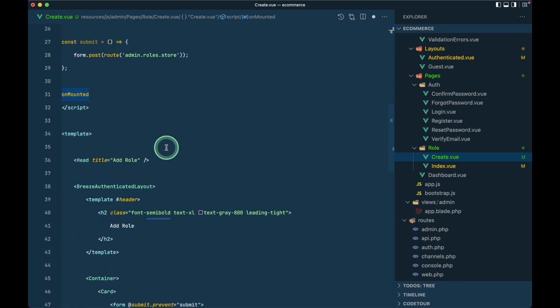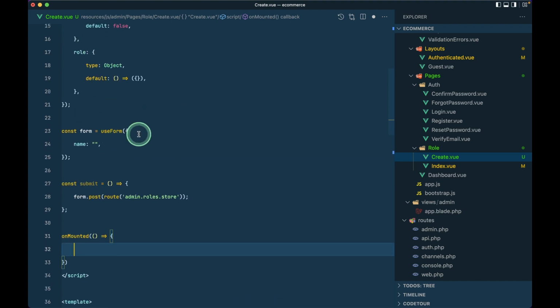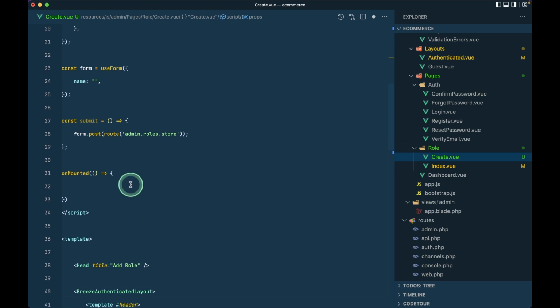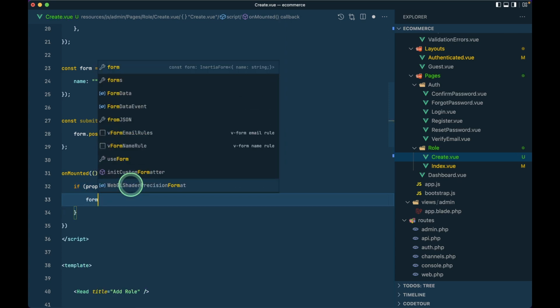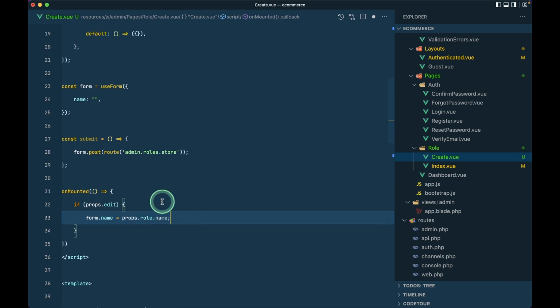Okay, so on mounted, if there is an edit page, then we have to assign this name with the past role name. So here I'll just say const props, all these things will be assigned to this props. So here I'll just say if props.edit, then we'll say here form.name will be props.role.name,